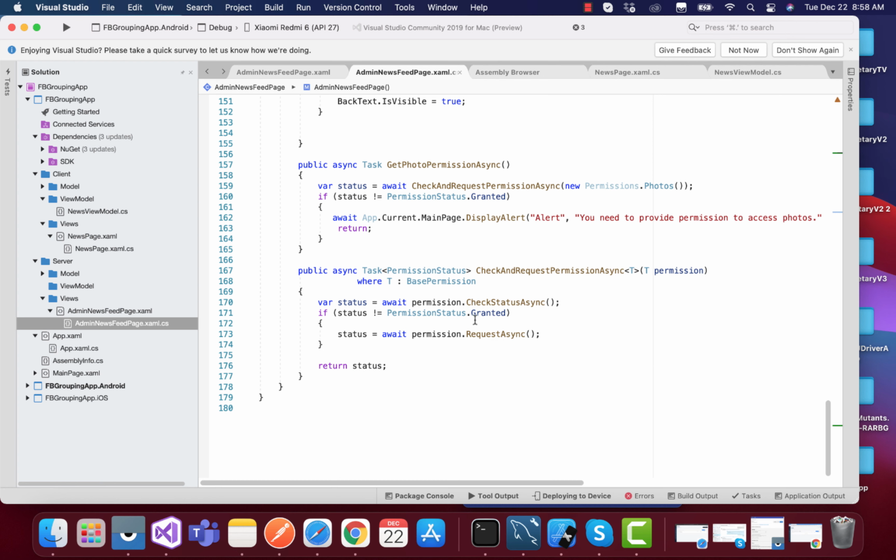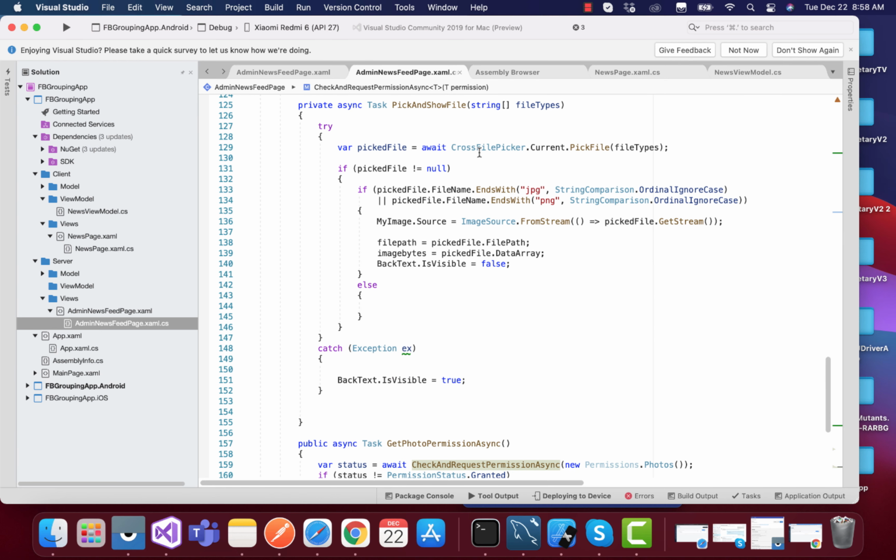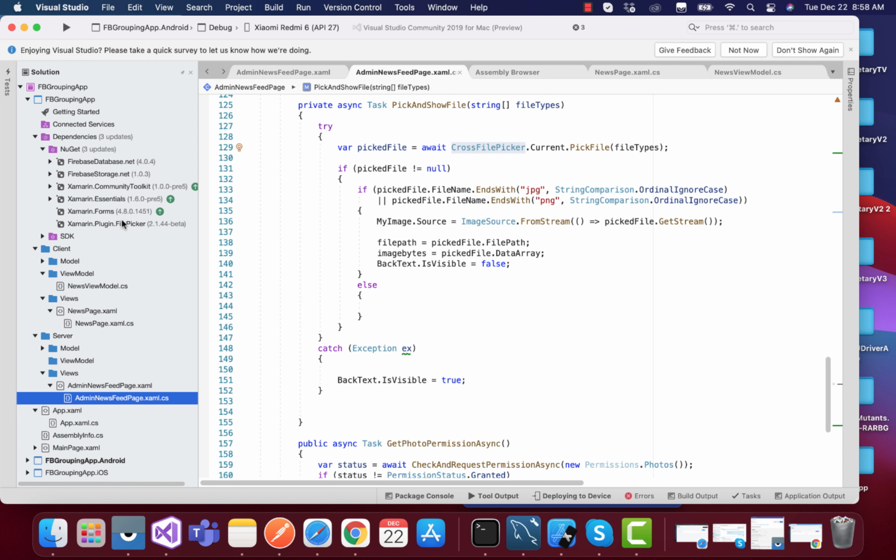So I'm asking for photo permission in order to access our locally stored photos in our admin app. These are the two conditions that we have to apply, and that is from Xamarin Essentials, and this Cross File Picker comes from the Xamarin Plugin.FilePicker plugin itself.